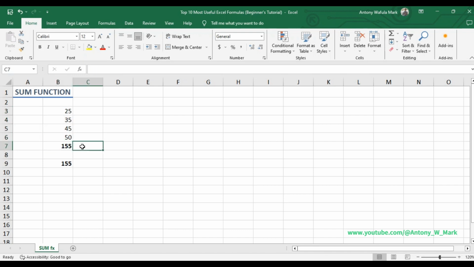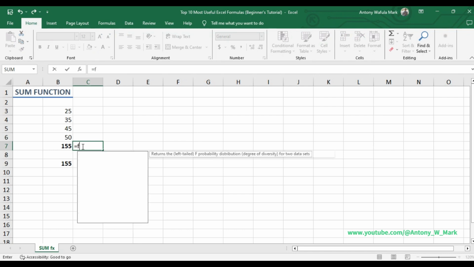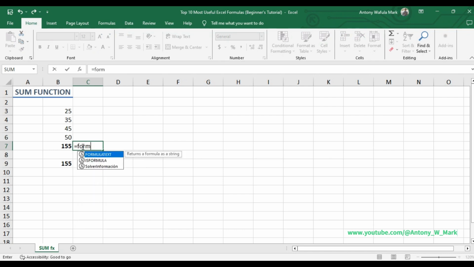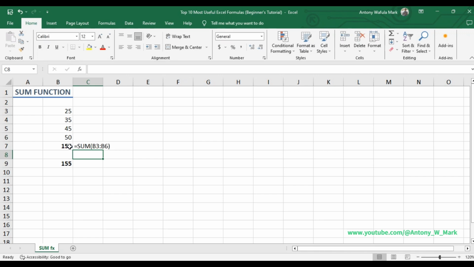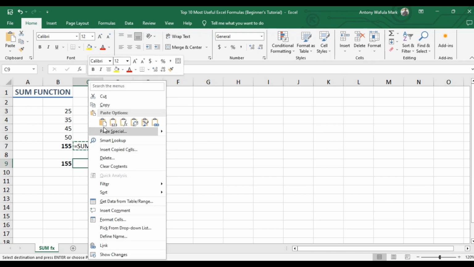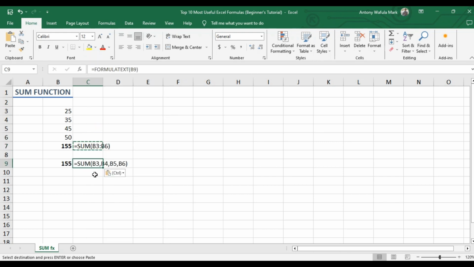To show the formula text, you hit the equal sign, type in formula text, then you double click on that, then select the range, close the parenthesis. It shows you the formula text that this is the sum function. You can copy this down, you can copy this here, paste. Just shows you this is the formula that you've used to find the sum of those